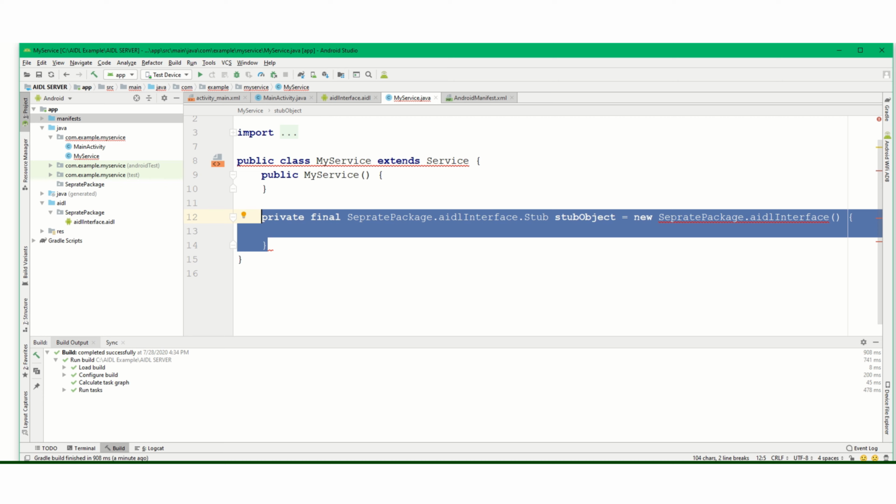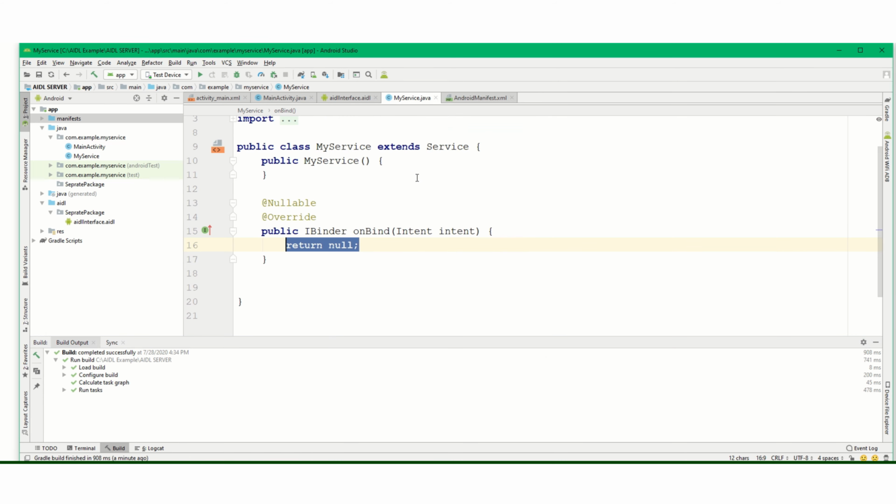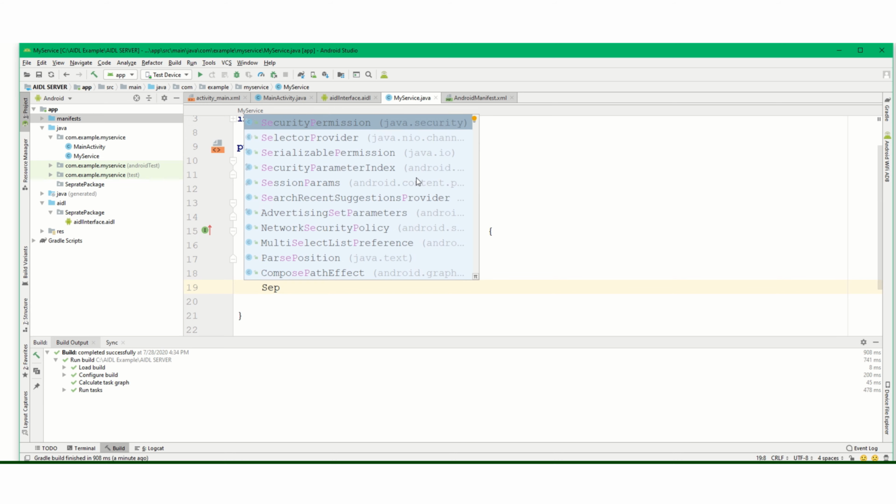Okay, see, we'll start it from once again. Implement the method and binder. Okay, so now once again separate package. I'll tell you what I have missed yet.